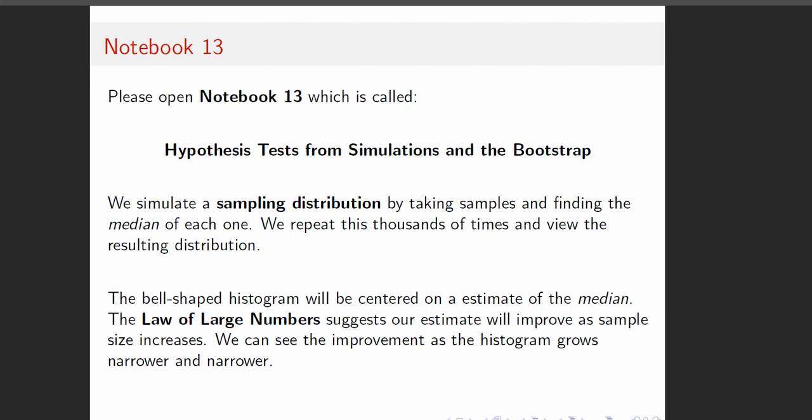So we're going to be talking about hypothesis tests. What that means is we're going to simulate a sampling distribution. A sampling distribution is where you take repeated samples of the same size. In this example, we're going to find the median of each of those samples, and then we're going to keep a collection of those medians, and that's going to be our sampling distribution. We can do this thousands of times and get a more and more accurate picture of what the distribution